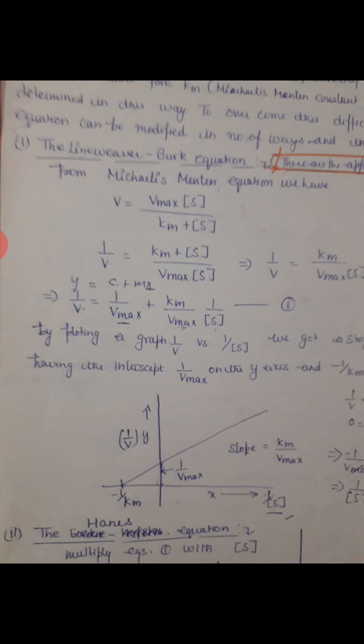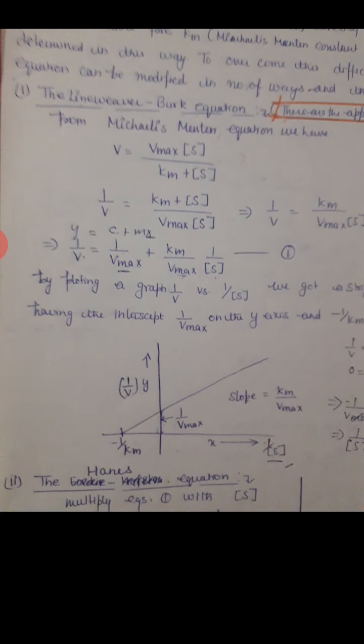So this is the Lineweaver-Burk equation. When we draw the Michaelis-Menten equation, the graph is not linear. It has a hyperbolic curve, and direct measurement of the Vmax is not possible because the curve flattens as it approaches Vmax. It does not touch the value, so it is not easy to determine the Vmax value directly through the Michaelis-Menten graph. So the Lineweaver-Burk plot is very useful in this case.